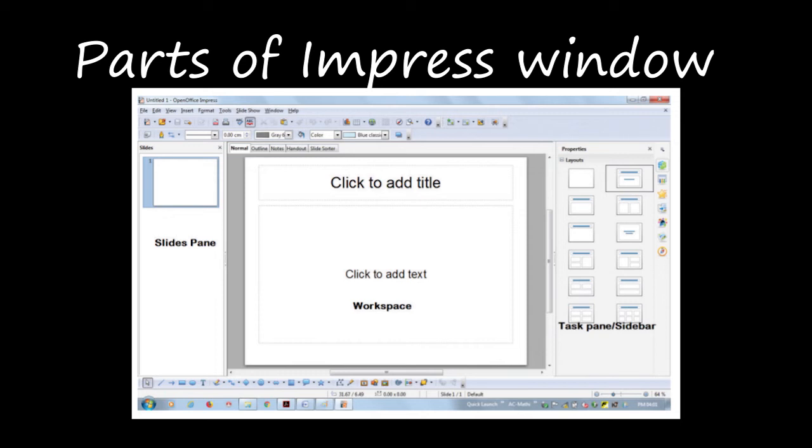In this side you can see 1, 2, 3, 4, 5, 6, 7, 8, 9, 10, 11, 12 slides, right? You can move the 12th slide to first place also. Any slide to any place, you can just click and drag, and you can just move it, right? And change slide layout, change slide design.